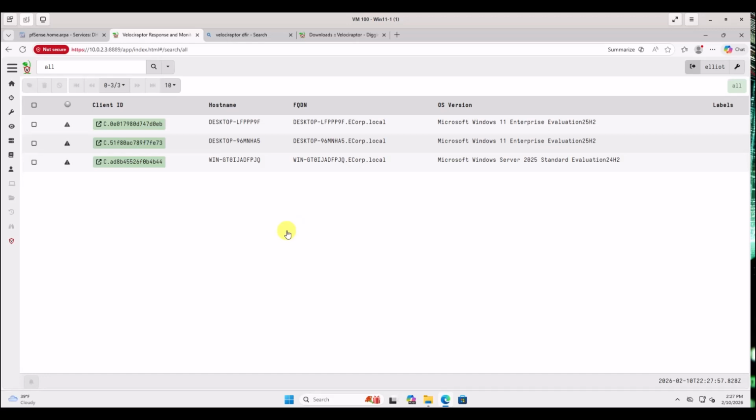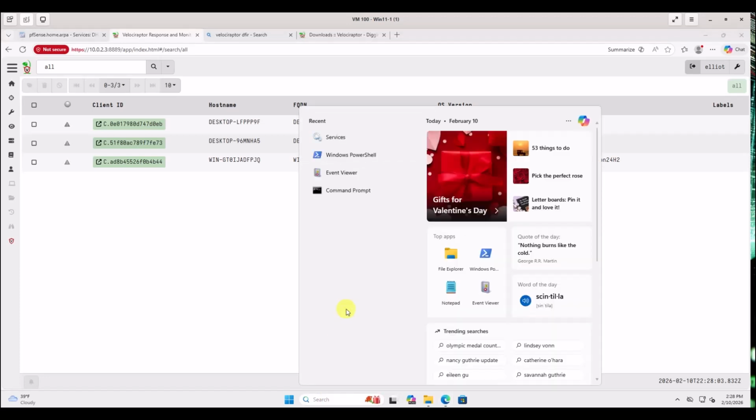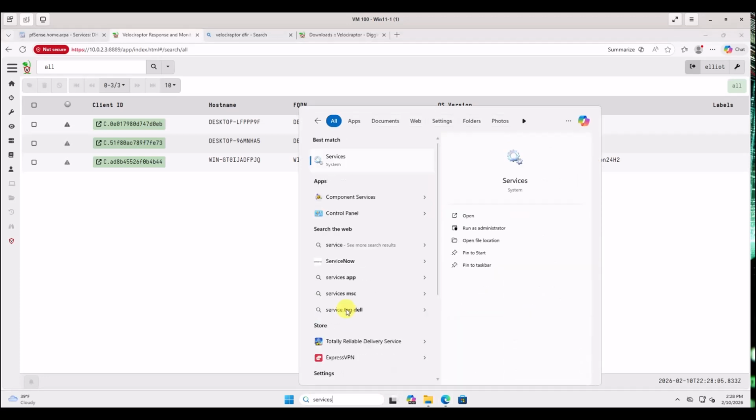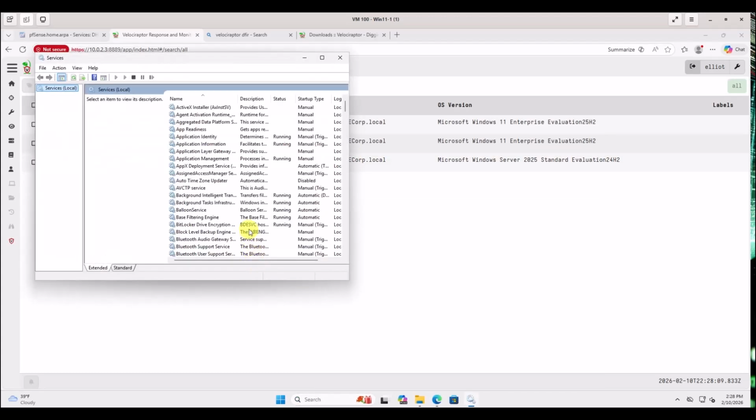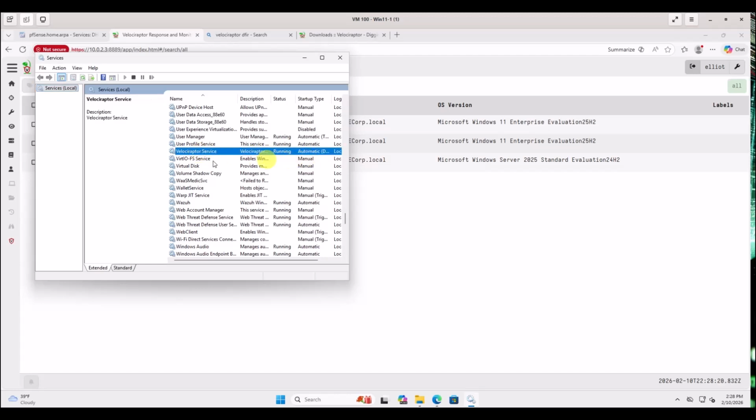Now, one thing I want to do is go back and show you on a Windows system, and right now we're still on a Windows 10. Let's look at services. And when you scroll down, you should see the Velociraptor service. You see it is there and it's running. So this pretty much completes this part,